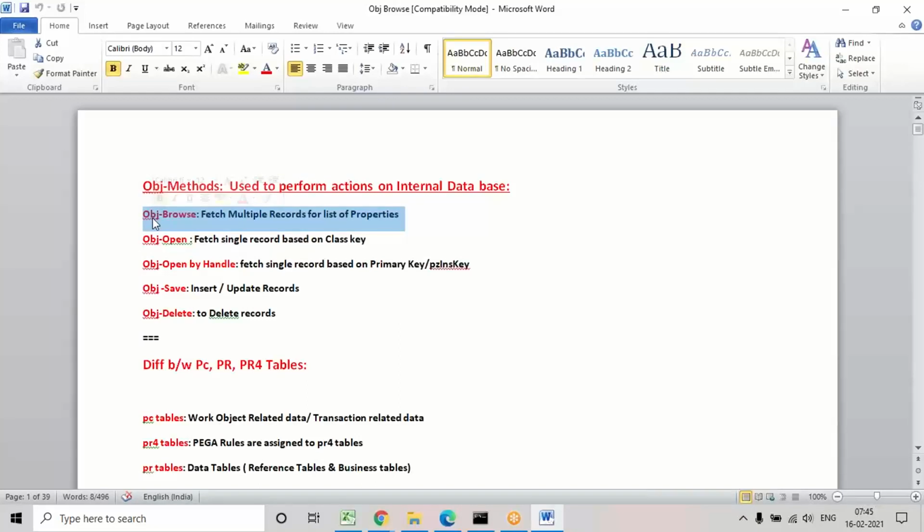Obj browse is used to fetch multiple records. Earlier I told you about dynamic records, which means loading from the data storage. Any records you want to fetch from the data storage, we can fetch using obj browse. I mentioned two types of records, static and dynamic. Static records are the records assigned at the time of creating a property.